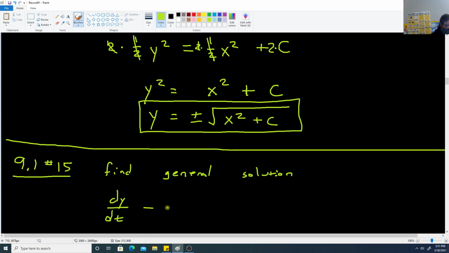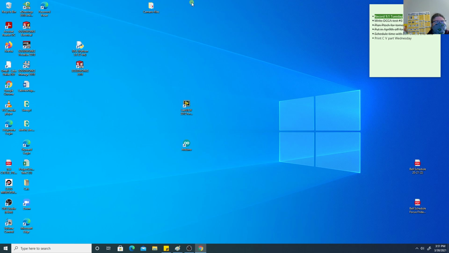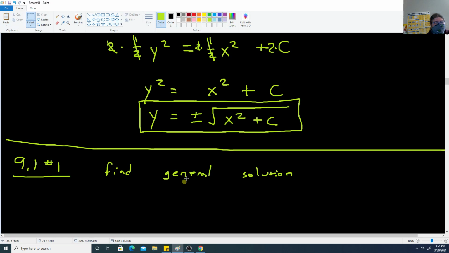Minus, hang on, I think I'm working the wrong, I don't think I signed this one. Give me just a second. Let me pull up our classroom thing and just make sure the problem I'm working is the one that I wanted. Let's see here. It was